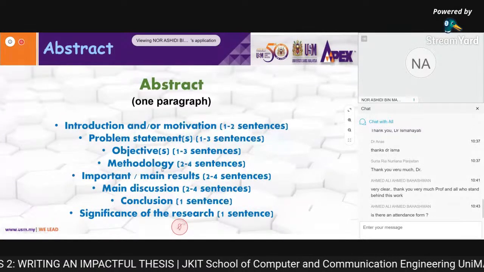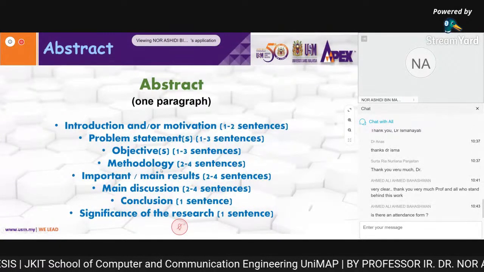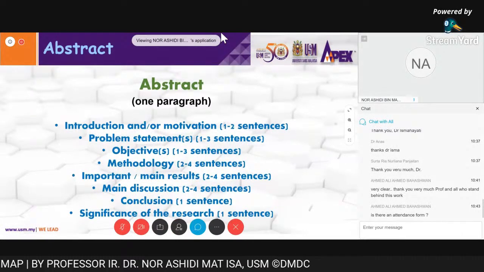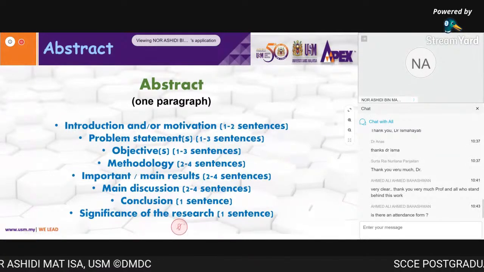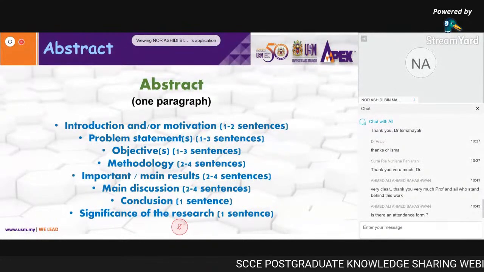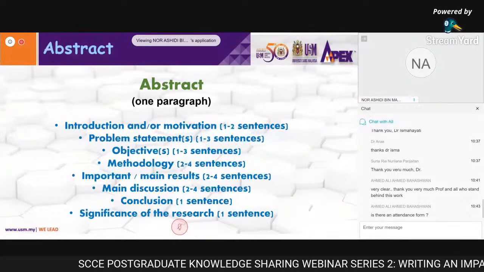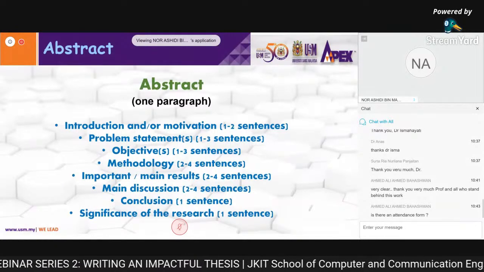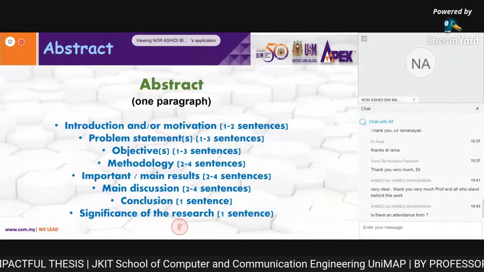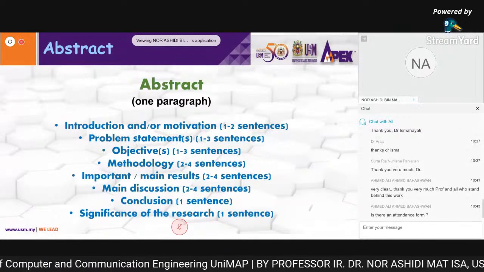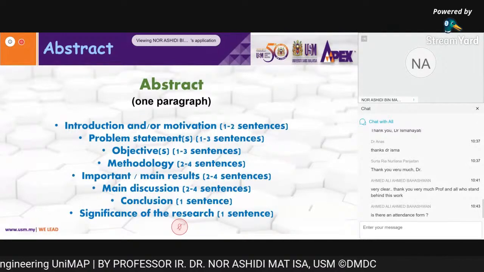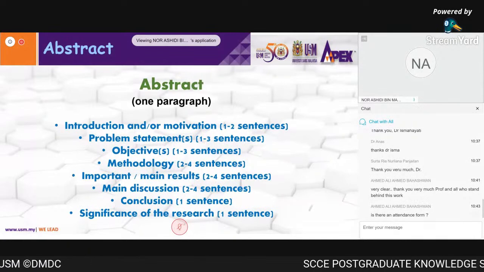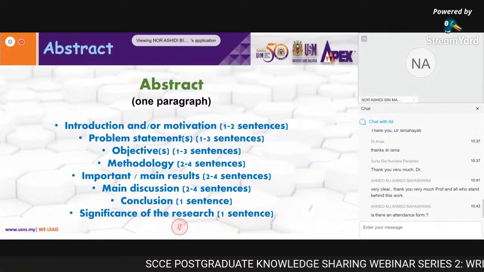Okay. For methodology, just state the idea, the method, the basic concept, the general methods to be introduced or modified in your techniques, not in detail. What is the main point? What is the main idea? What is the main contribution? What is the main new or modified idea that makes the beauty of your research, and the difference between your techniques and other techniques? Okay, 2 to 4 sentences.